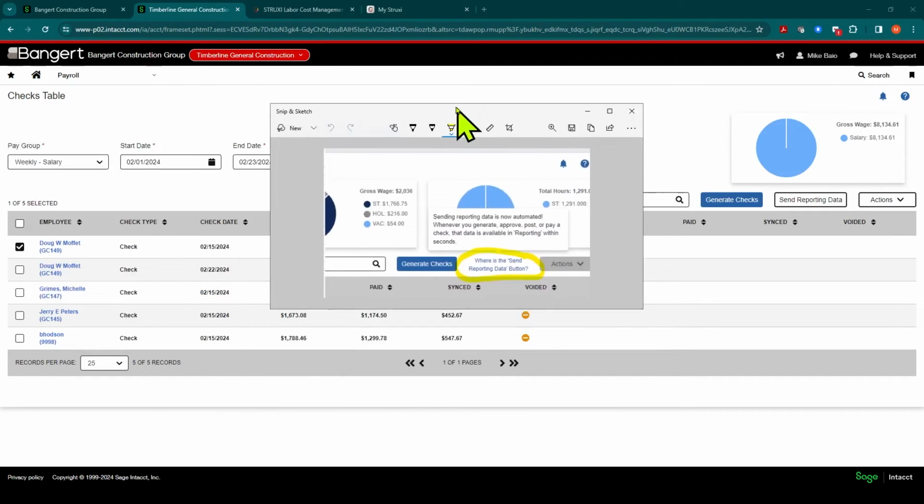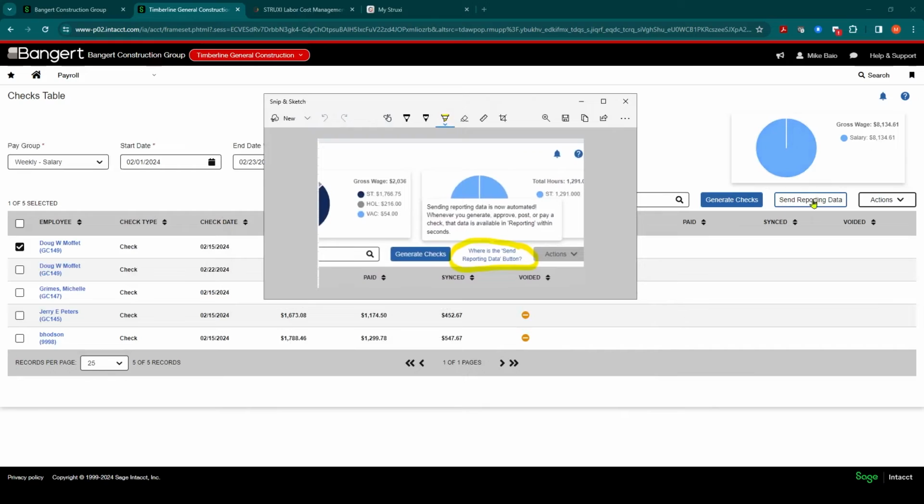So the screen, how it's going to look in the R1 release, is instead of it saying Send Reporting Data, it basically is going to say, where'd the button go? And it's going to give you that little explanation of what's going on. So they're going to give you a little reminder, hey, you don't need to do this anymore. It's going to happen automatically. And then I would anticipate eventually that going away altogether. In the past, people sometimes would forget to hit the Send Reporting Data button. So this is great. You no longer have to worry about that. That's going to happen automatically behind the scenes.